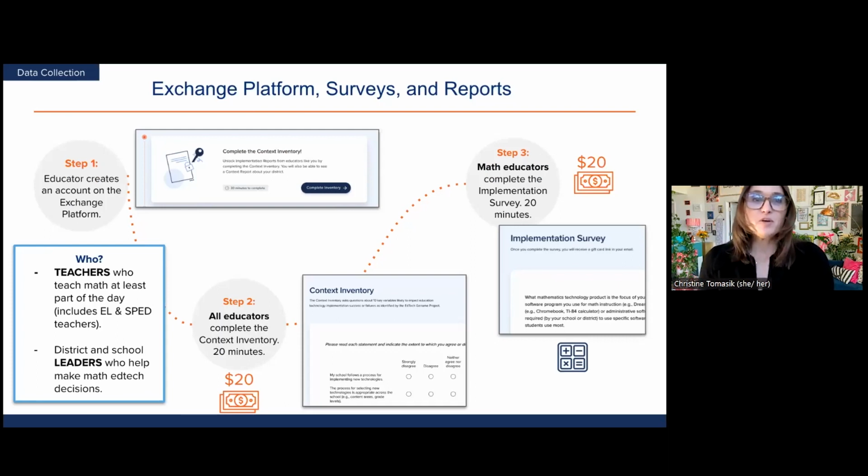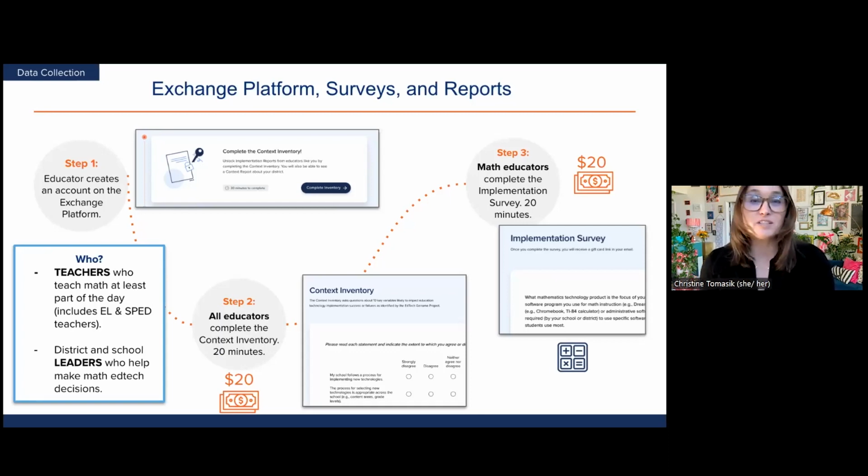The slide you are viewing now shows the Exchange platform user journey. First, all educators create an account and complete the context inventory. Next, math educators complete an implementation survey. Upon completion of each survey, educators instantly receive a $20 e-gift card.